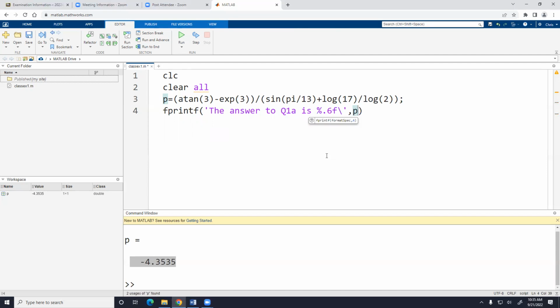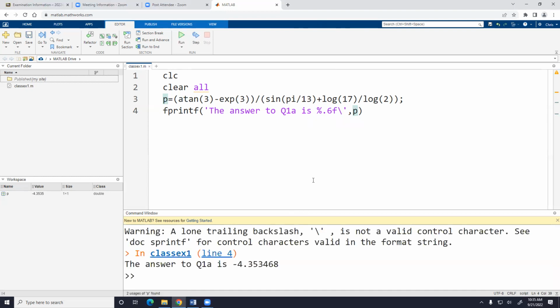For those of you that are computer science majors, floating point is just decimal, as opposed to the integer notation. This \n means I'm going to a new line. And then the comma P just means that I'm calling this variable. So when I execute it,